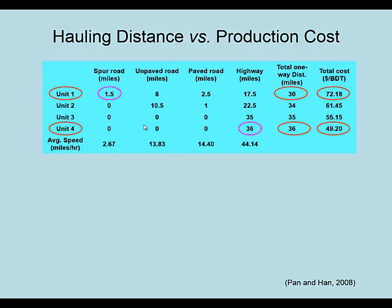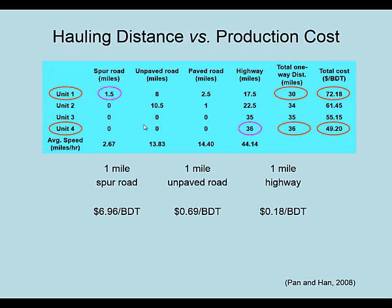Okay, how does that translate? That is the main reason why the cost is different like that. So if we convert, we actually had some initial calculation. One mile of spur road hauling cost is almost $7 per bone dry ton, compared to 1 mile of highway at 18 cents per bone dry ton,